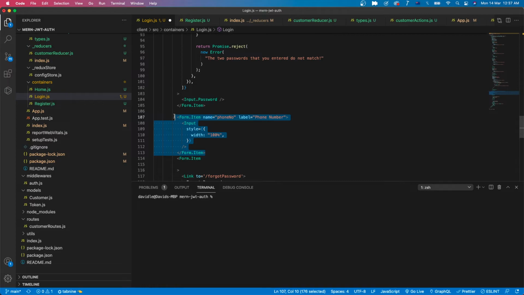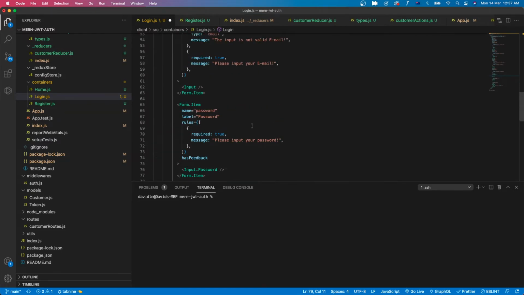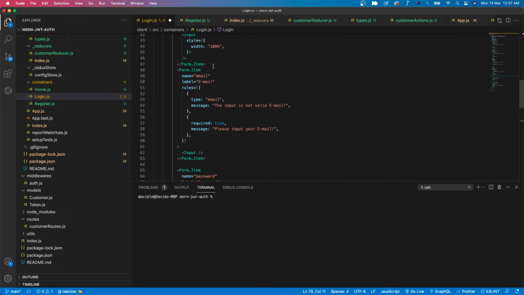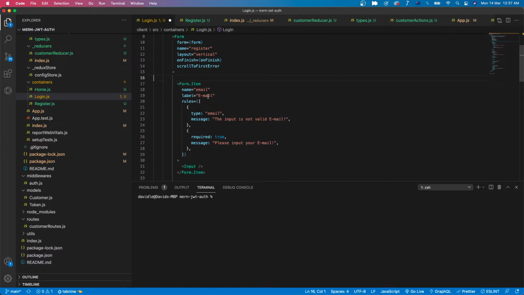Then I remove phone number and the confirm password. I just need the email and password, so I remove first name and last name,